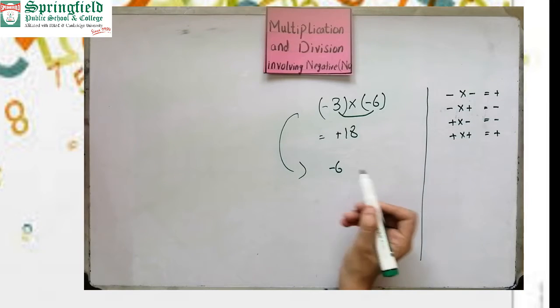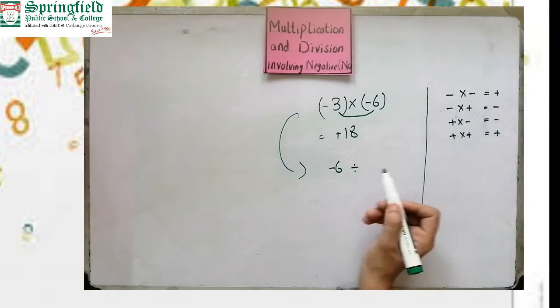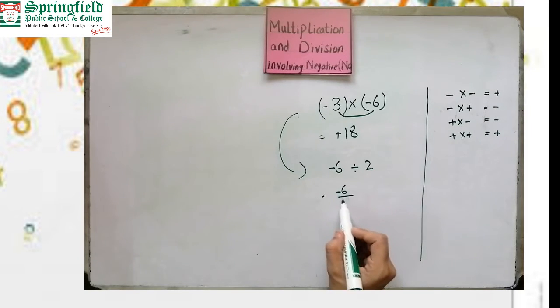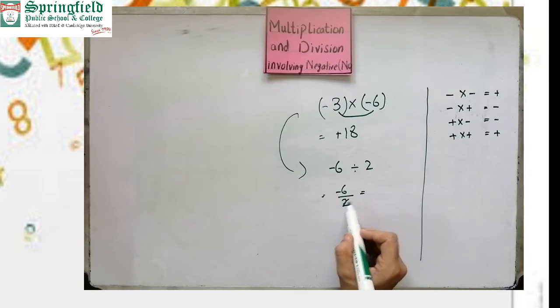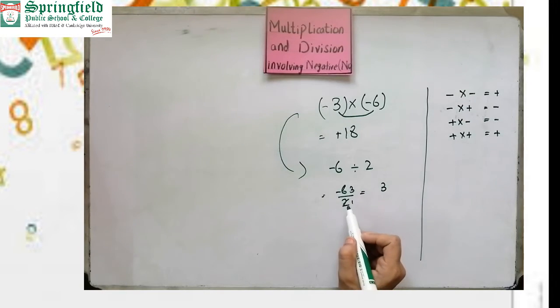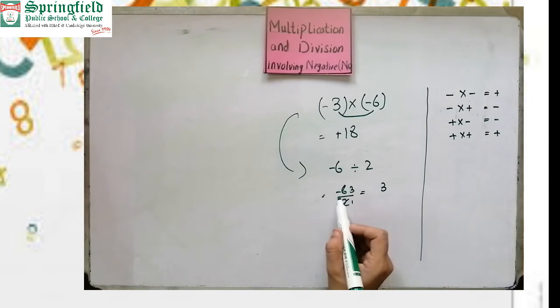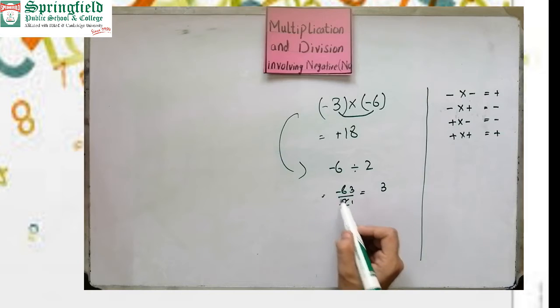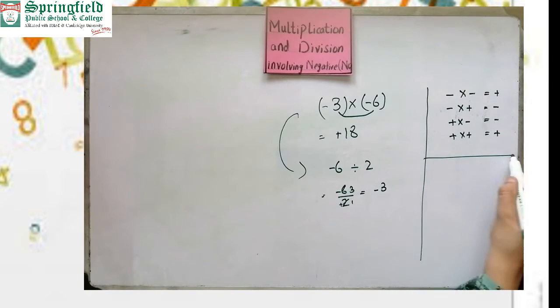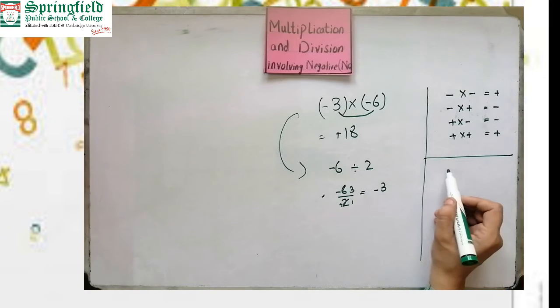And the same during division, what happens? Let's suppose there are two numbers, -6 and it is divided by 2. So what will be the answer? So -6 divided by 2. 2 ones are 2, 2 threes are 6. So 3, when we divide 6 by 2, the answer will be 3, and the answer has a negative sign and 2 has a positive sign. So minus plus gives minus during division. So during division there are also some rules.